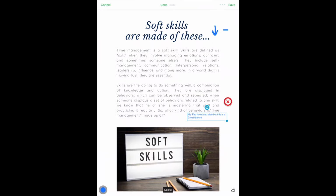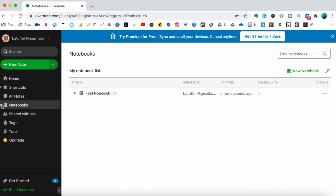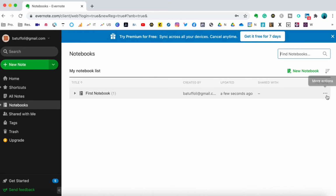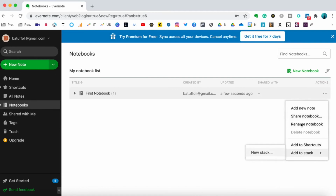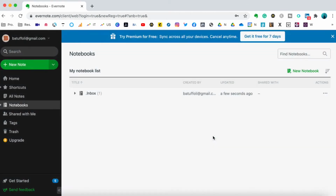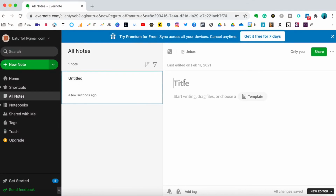At this point, it works best with a tablet. Here, what I have is my notes. I can have my first notebook, and I can change the name by going to notebooks. Here I can change the name, so that's going to be inbox. I usually put a dot or some different characters so that I can find it. So I can go to all notes and have my first note,